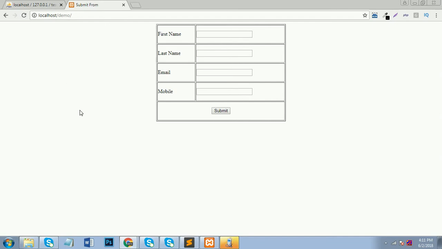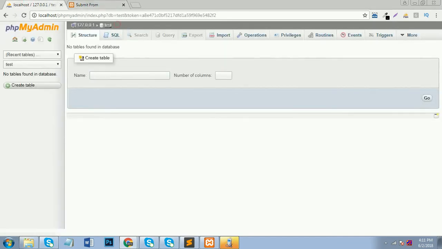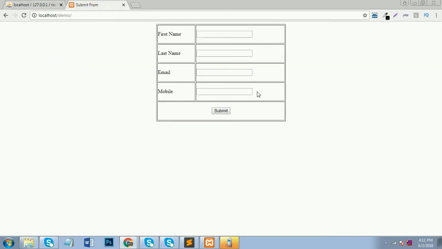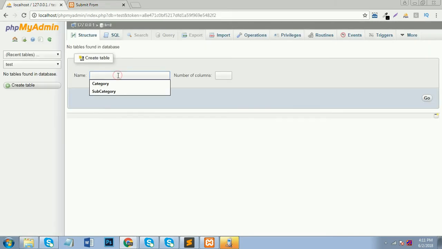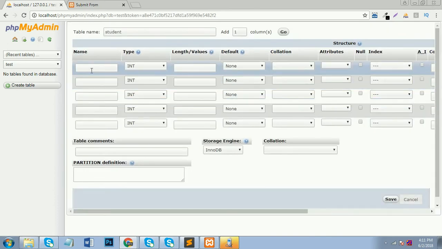So now I can create a database according to the requirement in the form. So as you can see in the form, we have five fields in the form: first name, last name, email and mobile number. Now I create a database. I give the database name student and 5 columns. Okay, so first is my ID. I give the index as primary